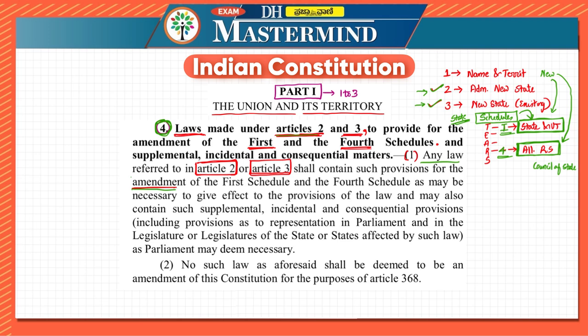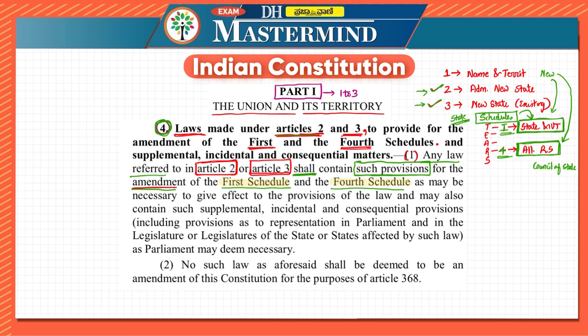Any law referred to in Article 2 or Article 3 shall contain such provisions for the amendment of the First Schedule and Fourth Schedule. It is telling that it shall contain, which means whenever you are referring to these things, it must already have these provisions. What provisions are these? These provisions are related to the changes in the First Schedule and Fourth Schedule,